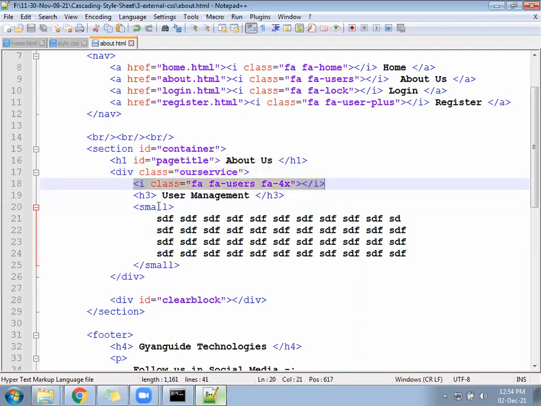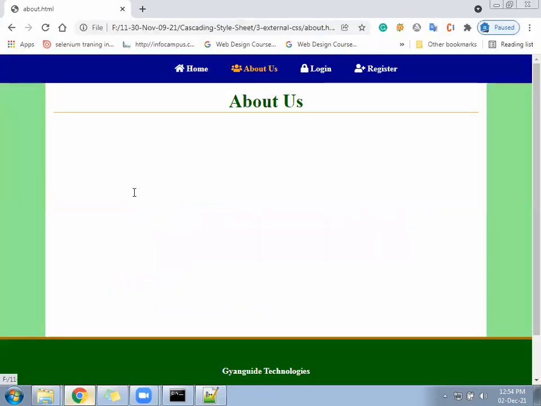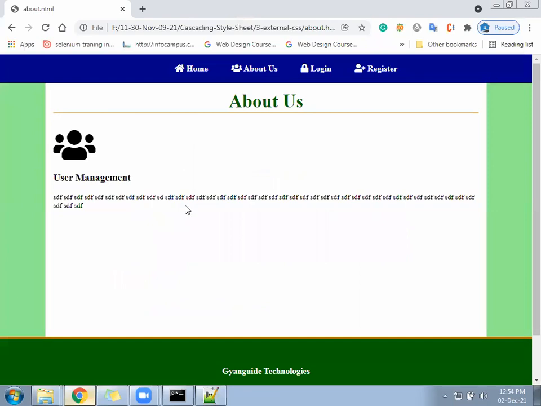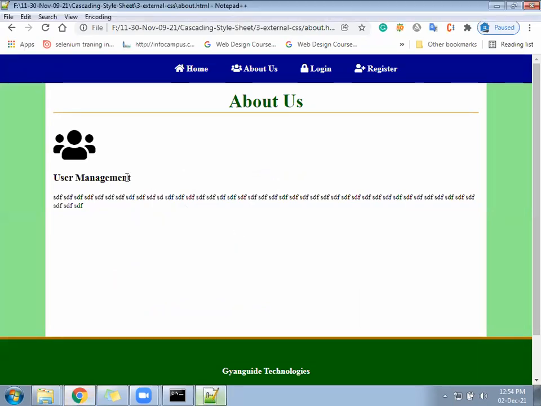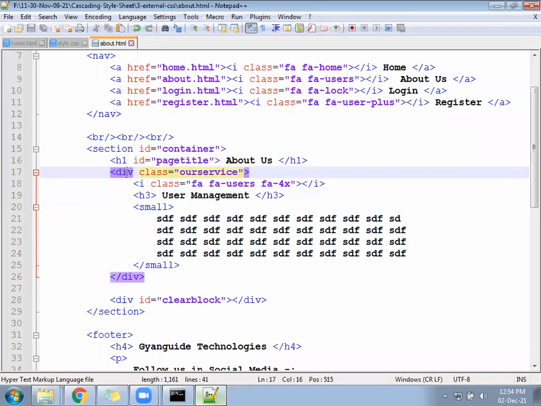A small tag is also inline, it will go to the next line. In between we have a block level tag H3. It will break the line. So between icon and small tag, H3 will come. You have no need to apply the BR there. It will look like this. Through CSS we'll arrange it. Check once. Are you getting the icons? Icon plus text.